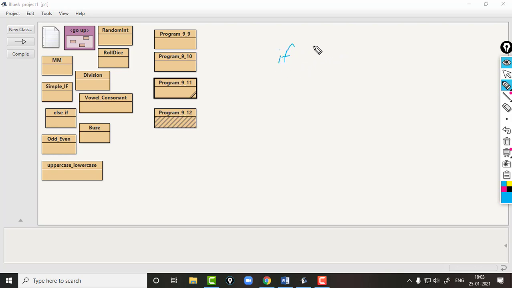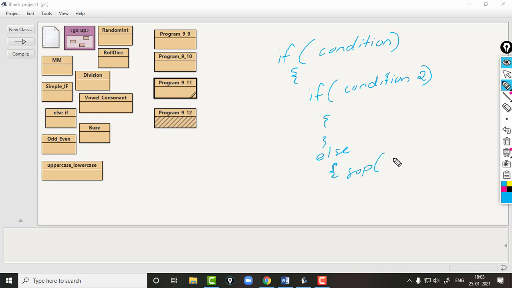Suppose here we have an if condition. Then here we can have one more if, another condition, condition 2. Then we can write else also if we want. SOP hi.